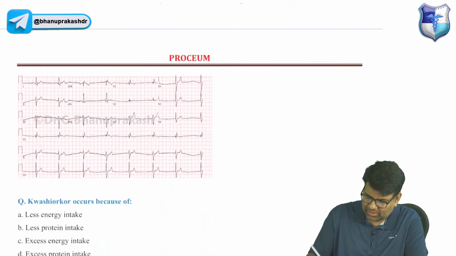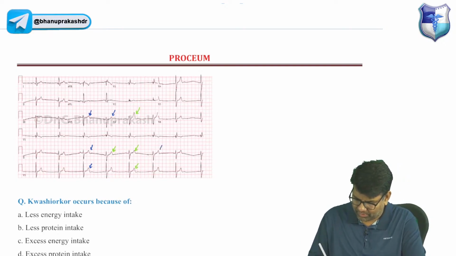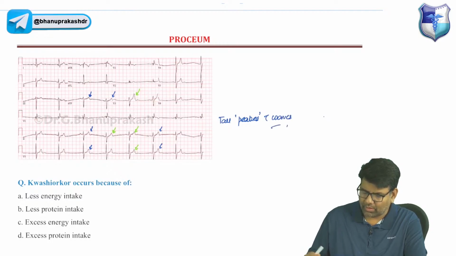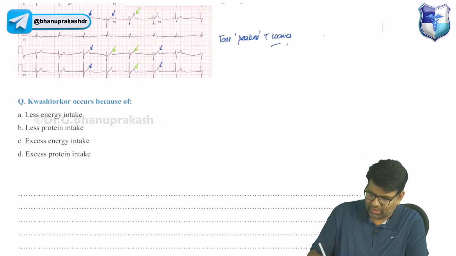And this is a classical ECG of hyperkalemia. You can see the tall peaked T waves. Right? These are elongated. You can easily identify this in a case of hyperkalemia, right? Tall, tented. Now, what is